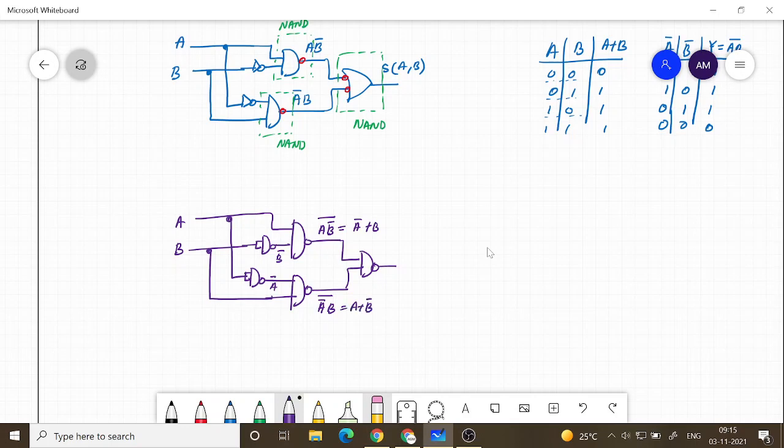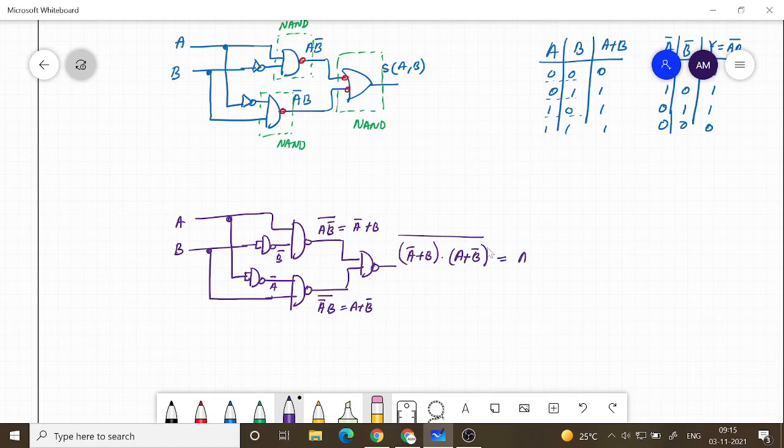And these two are coming, that is A bar plus B into A plus B bar. Take the product and then complement it.